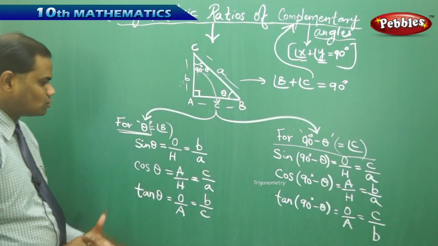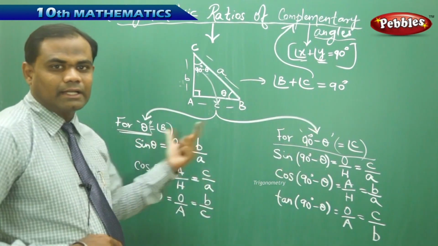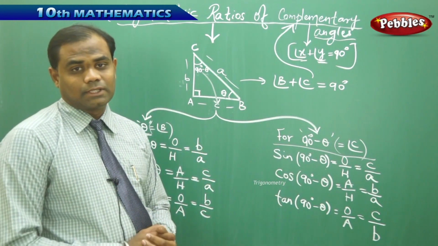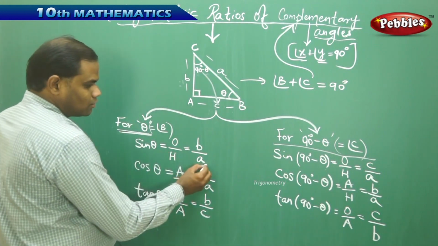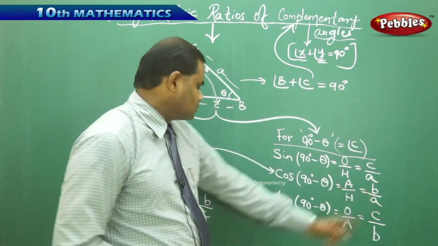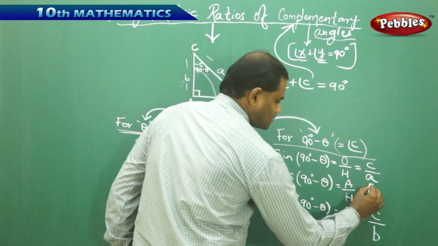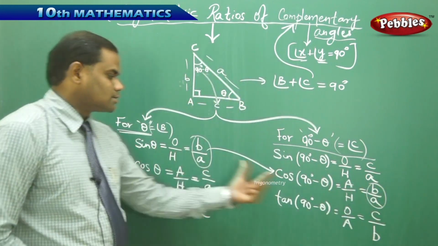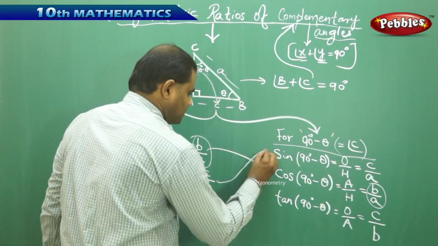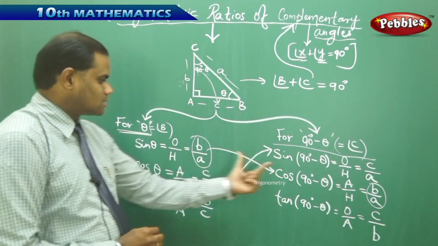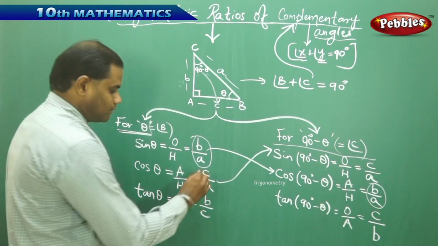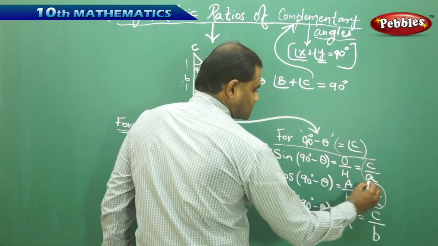Now, as I compare these trigonometric ratios for the angle theta and 90 minus theta, which are complementary angles, we come to an interesting outcome: sine theta is B over A, which is the same as cos 90 minus theta, which is also B over A. This matches with this, that means this is equal to this. Similarly, C by A matches this, which makes me understand that cos theta is sine 90 minus theta, because their right hand sides are the same, being C over A.